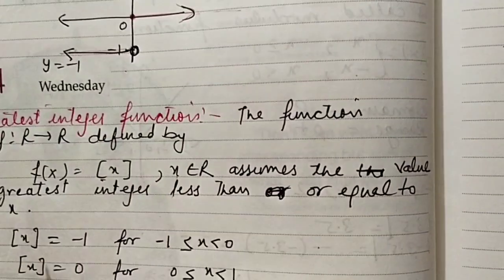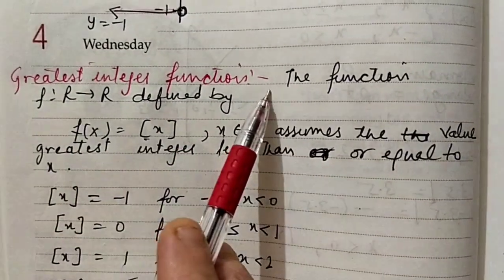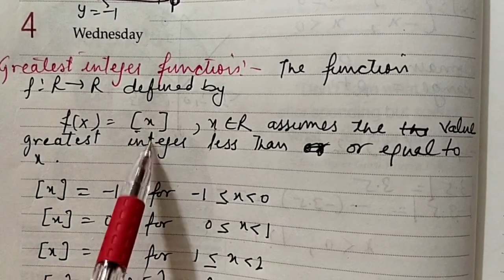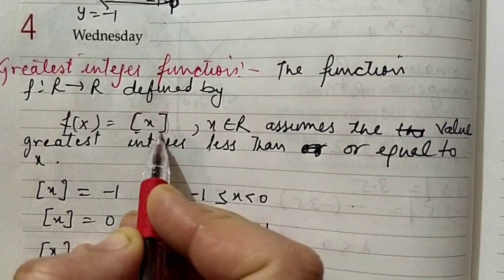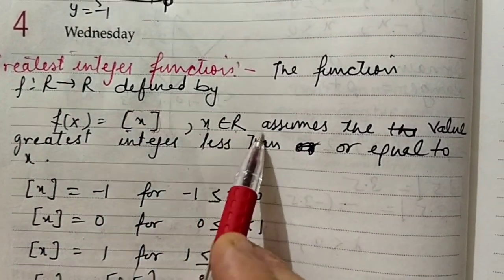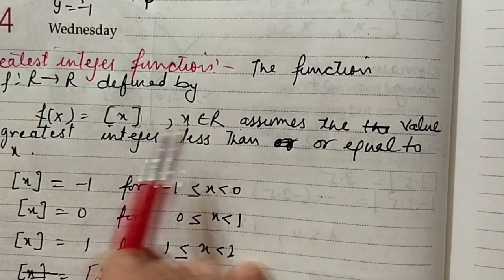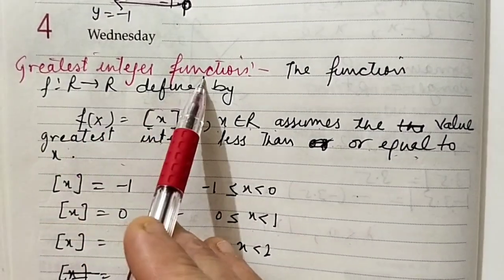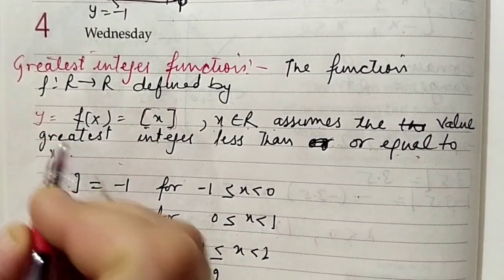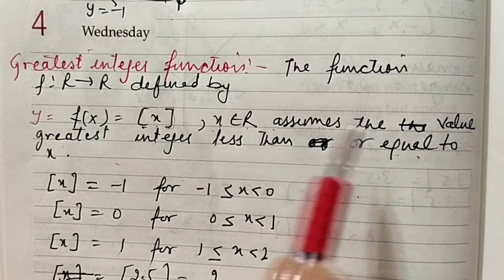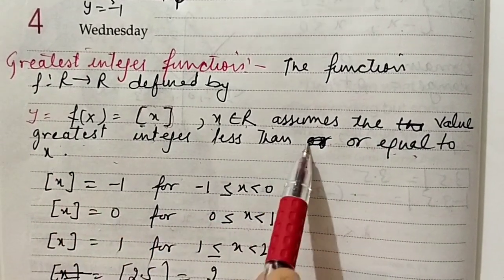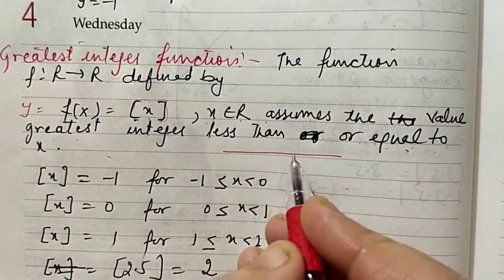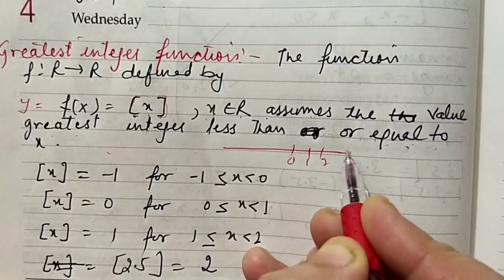Next is greatest integer function. The function f from R to R defined by f of x is equal to greatest integer function. This is called box x, and x belongs to R. It assumes the value greatest integer less than or equal to x. According to the name, y is equal to box x, and it assumes a value greatest integer less than or equal to x. For example, you want to find the value of